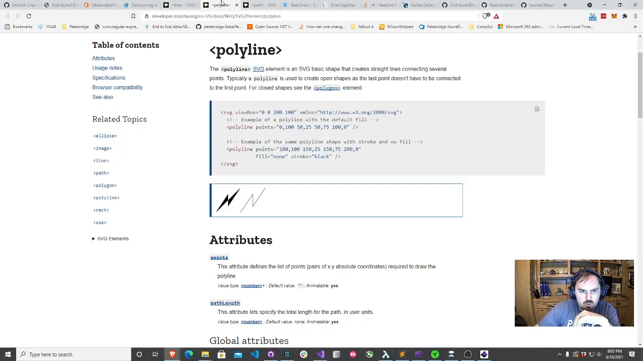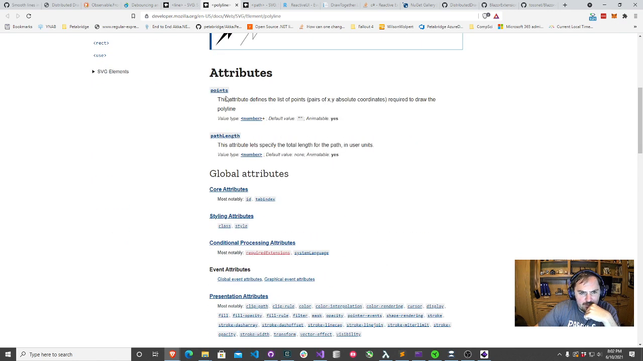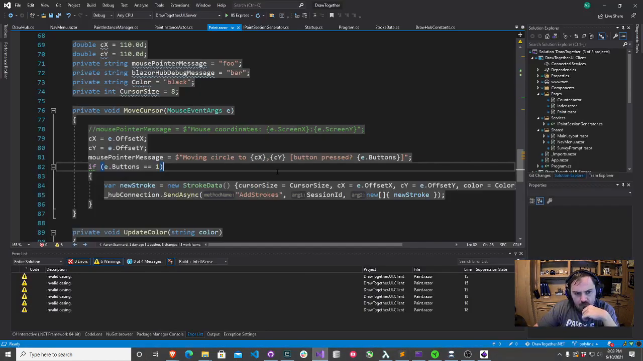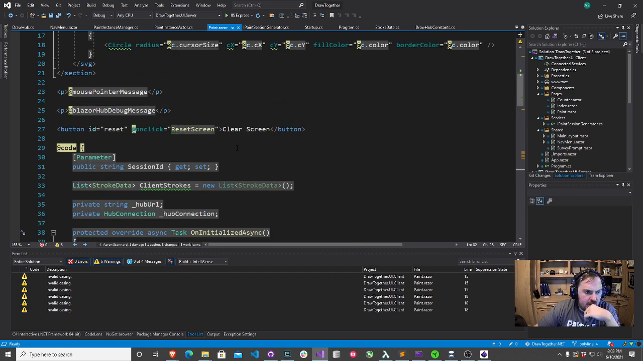So in terms of the actual polyline coordinates here, with the default fill. All right, what are the actual points? A list of points, pairs of x, y absolute coordinates required to draw the polyline. Aha, I see. And then we can go ahead and set the stroke color for all this stuff. All right. Let's give that a little try. So